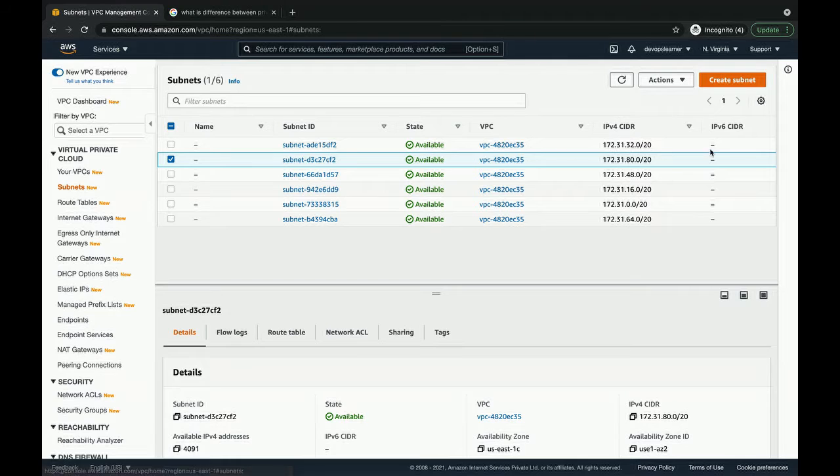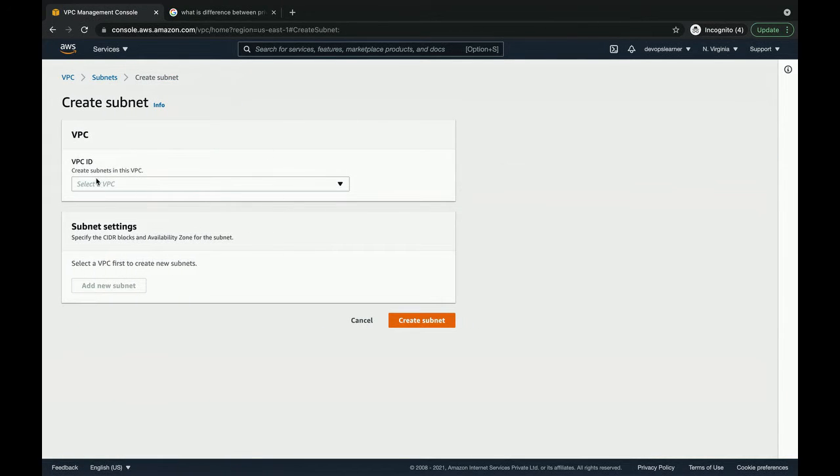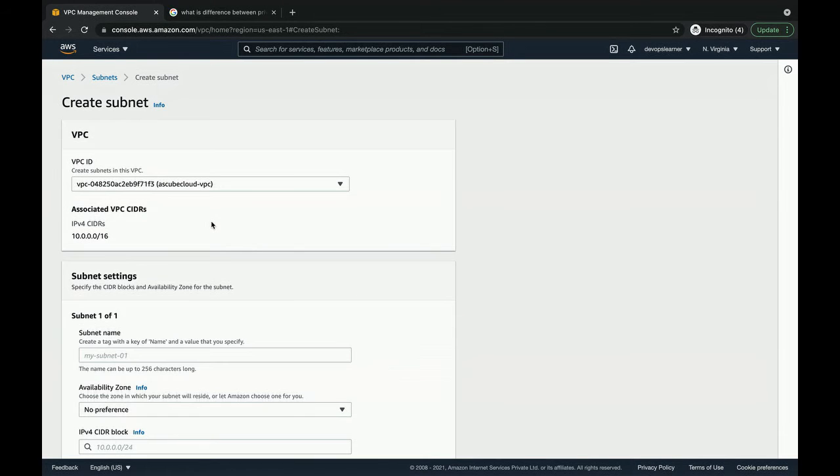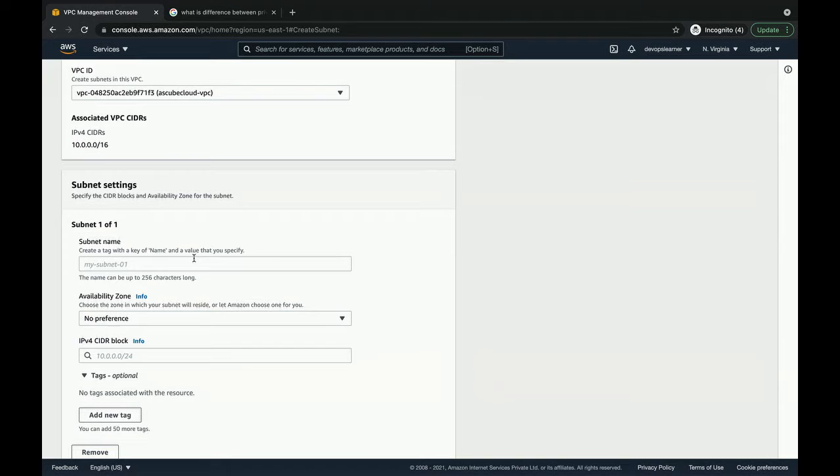These are all Amazon's default VPC subnets. I'm going to create a subnet. This is a default one, and I'm not going with the default. I need to create a subnet for my own VPC. Click on create subnet. It will ask for a subnet name.